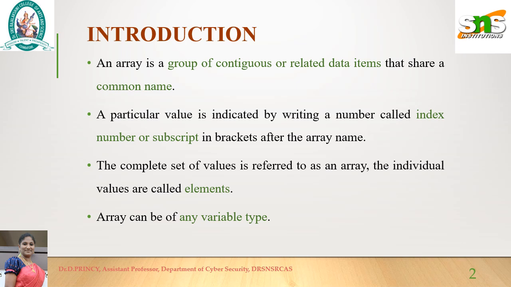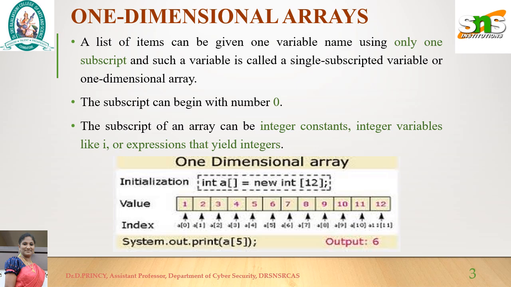It should be enclosed with the brackets after the array name. The complete set of values is referred to as an array. The individual values are called elements of that array. Array can be of any variable type like integer, float, long, string. In array, we have three types. One is one-dimensional,